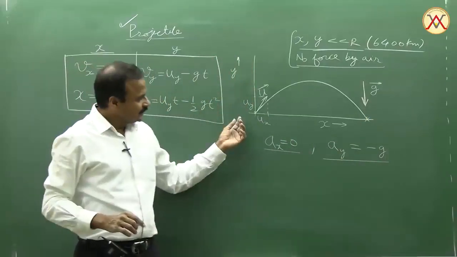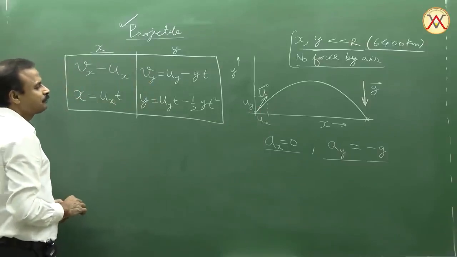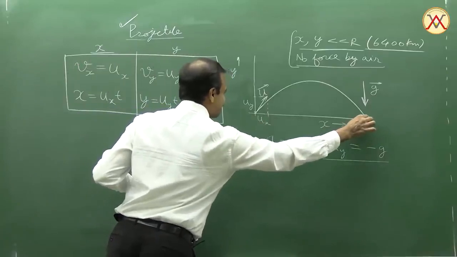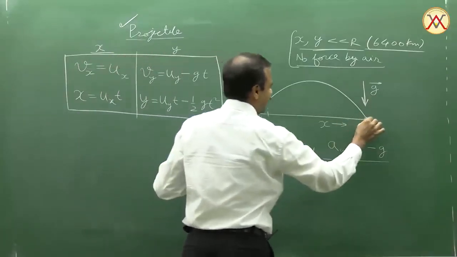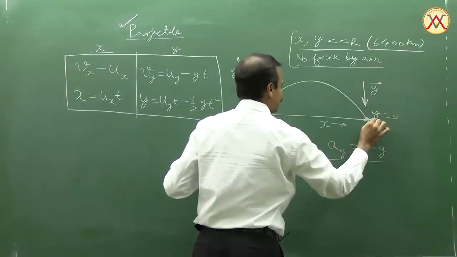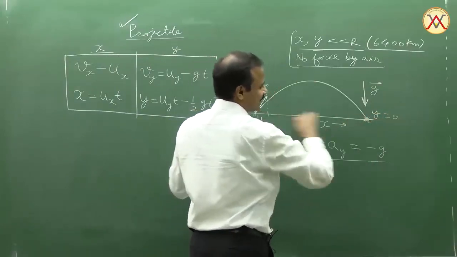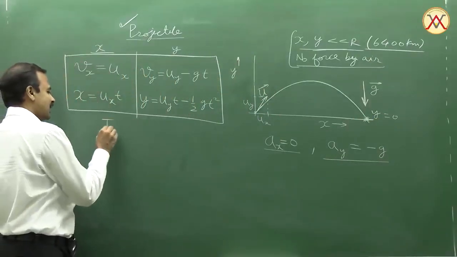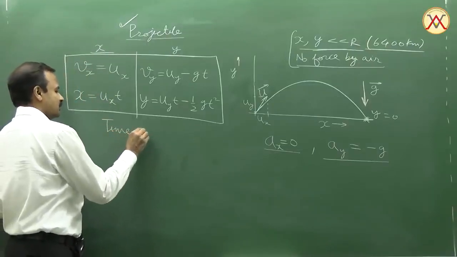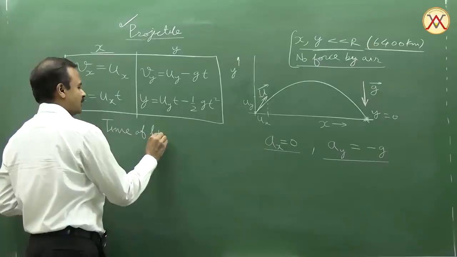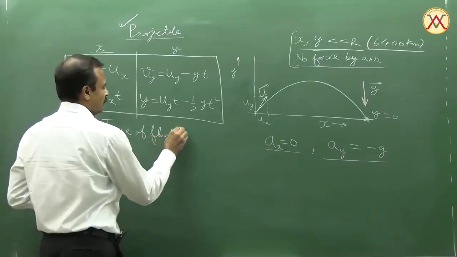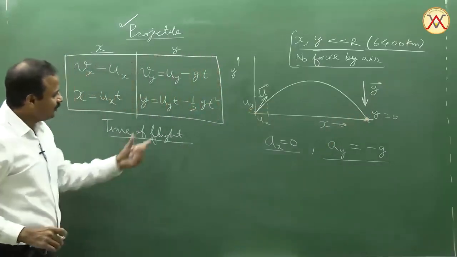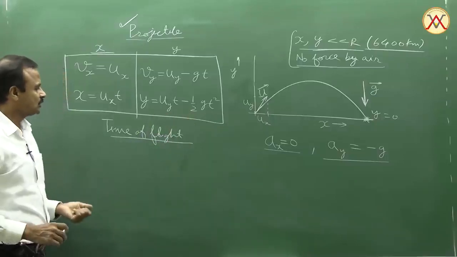All right. So, what is the special thing about this point? It is again hitting the ground. That means its y coordinate is 0. Okay, it is reaching the x-axis again. So, at x-axis, we know y coordinate is 0. So, in order to find the time of flight, which is the total time taken by the particle to go from here to here, we will just put the y coordinate equal to 0.